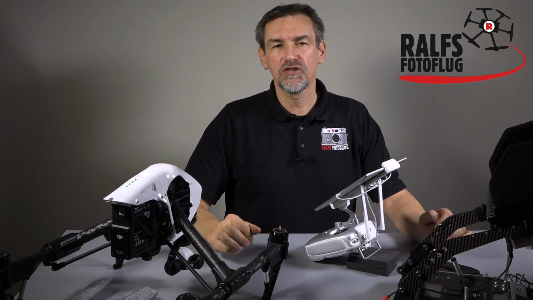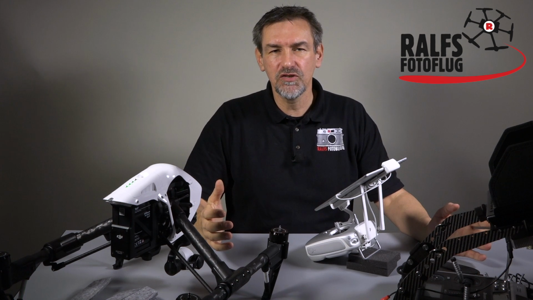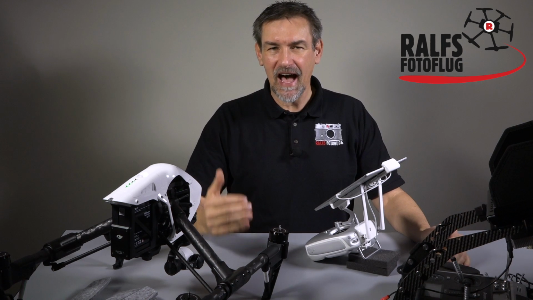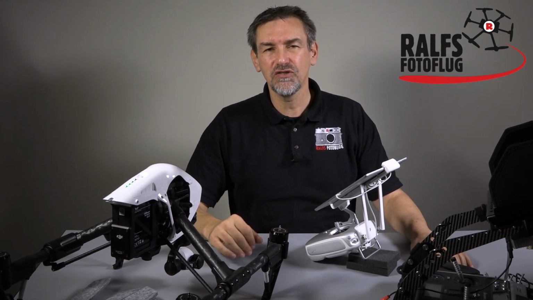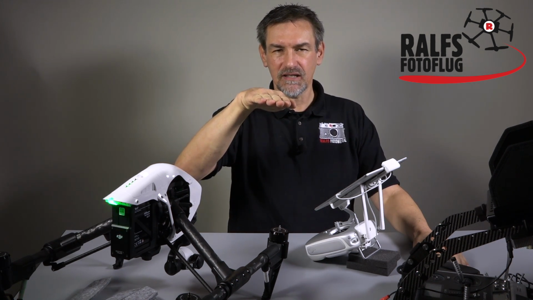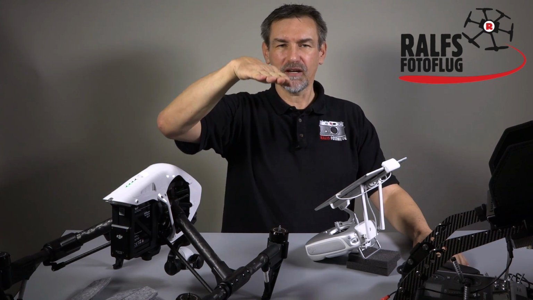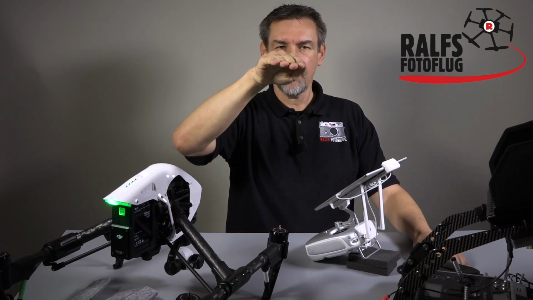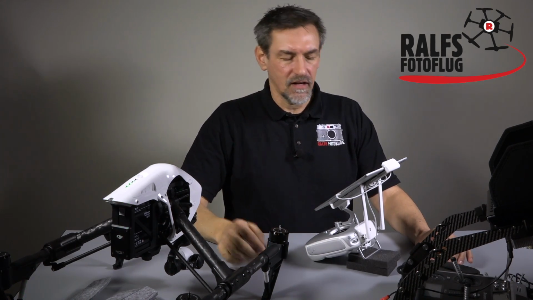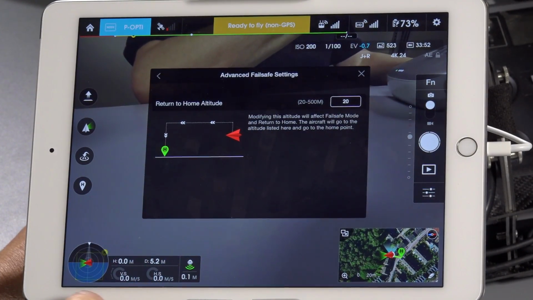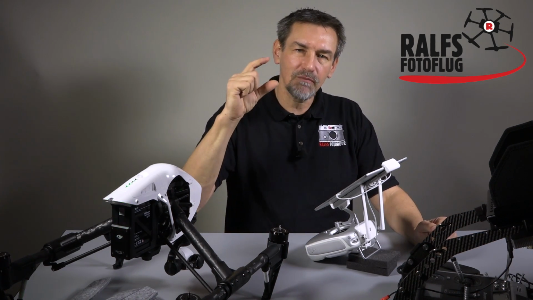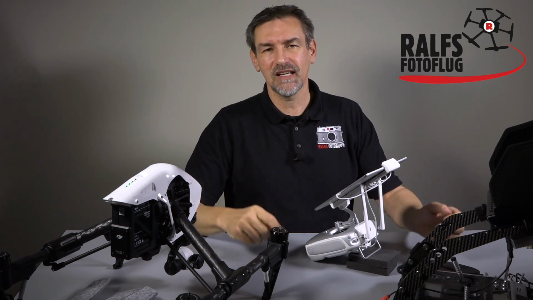A very simple way to do so is to start your flight with the first battery, check the highest altitude of the building, put the camera straight in front, straight up, and then go up and go up and go up. And if you see, okay, now I'm at the maximum height of a building or a tree, you look here on the left corner and you see the height. If it says like 30 or 40 meters, give a little bit in addition, and then let's say 60 meters,